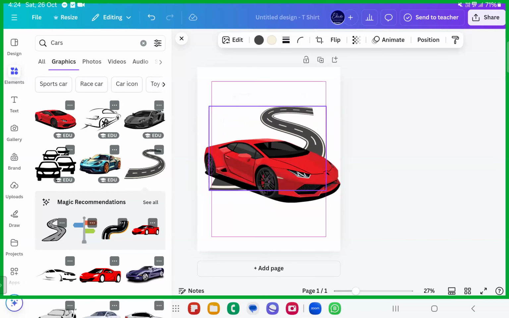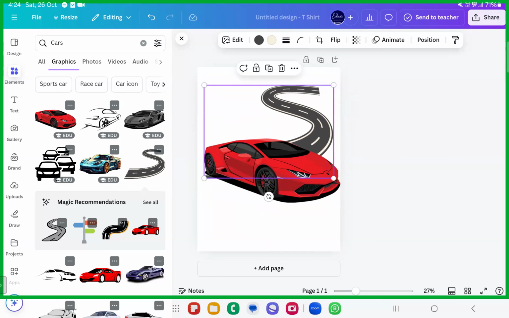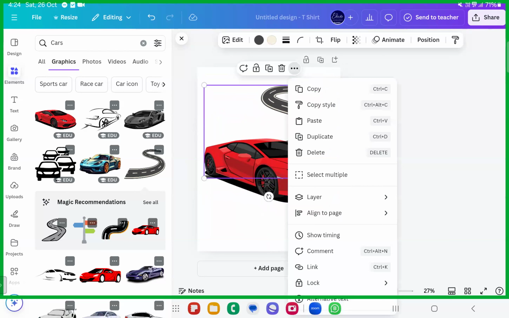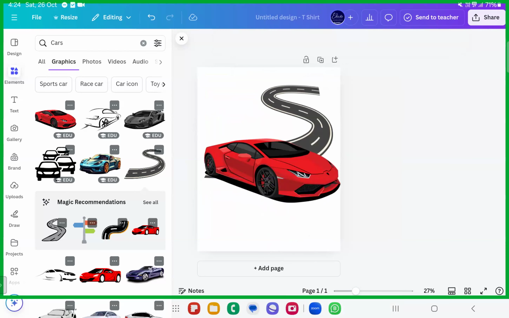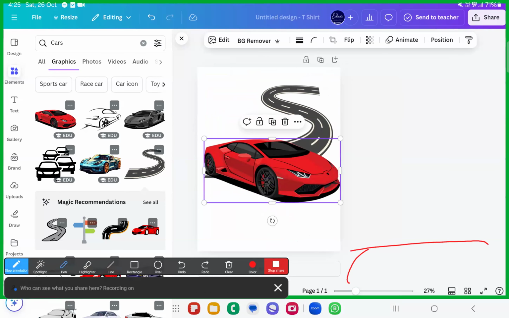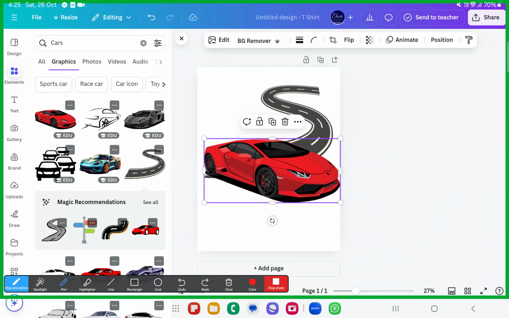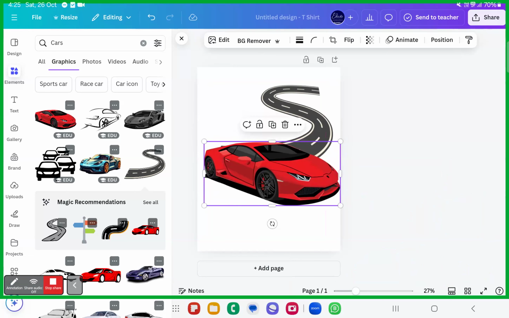Okay, there's a question. You do not have layers with this one. How to do that is, sister, you just have to click on this three dot button. Over there you will get a layer. If you are with a smartphone, then there is something called position. Whenever you click on something at the bottom of the page, you will have options like position or layer. When you click on that positioning, there is something called layers and align. There are two things, align and layer. Over there you will find that option of layer, or aligning. You can align it forward or backward, that's all. Okay, try it out, inshallah.